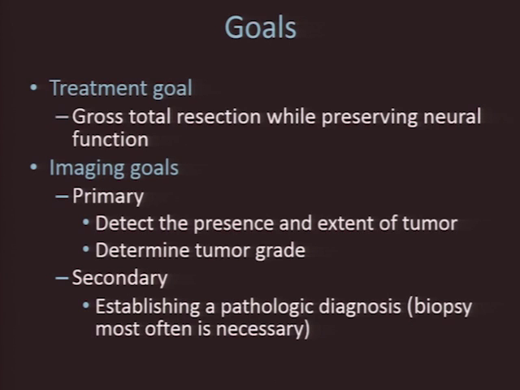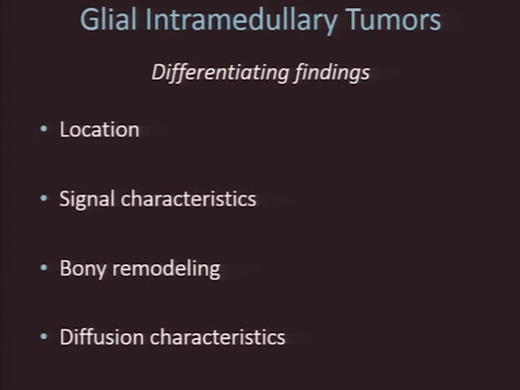And a secondary goal is actually to establish a pathologic diagnosis, because we're just not very good at being pathologists, and more often than not, biopsy is going to be performed. But we can at least try to differentiate these tumors by looking at different things. We can look at the location of where they're occurring, their signal characteristics, the presence of bony remodeling, and diffusion